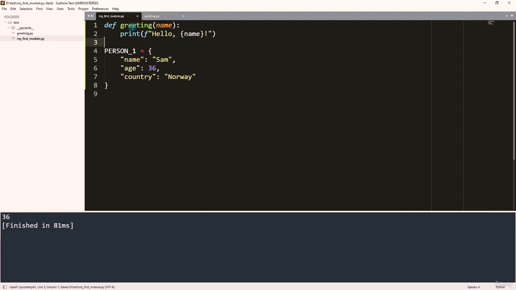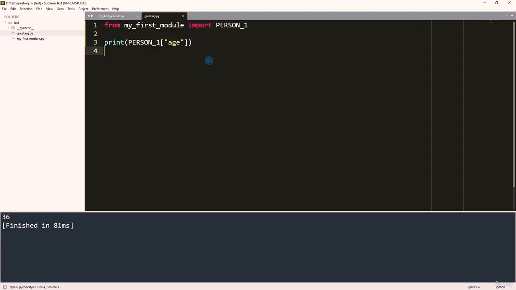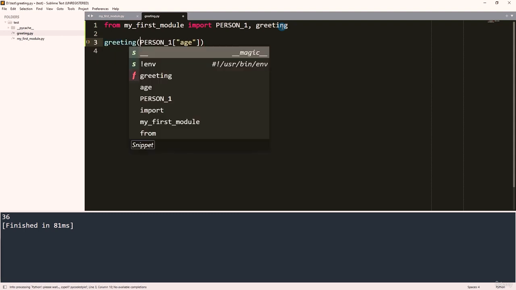Great. So, like I said, we've got our greeting function. We've got our person1 variable, which holds onto a dictionary with name, age, and country as its keys, Sam, 36, Norway as its values. And within greeting, we've then got a little bit more information. We've got our first module and importing person1, but we can also import greeting this way. And you can encapsulate them within parentheses, but you don't necessarily have to. So let's have a look at what we could do actually with this. Let's do greeting, then person1,